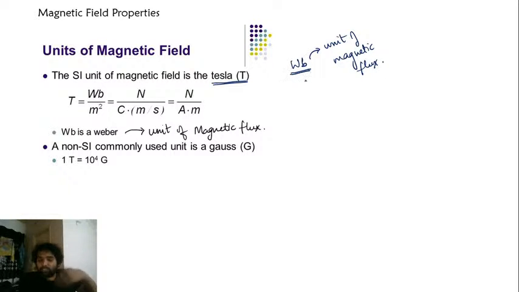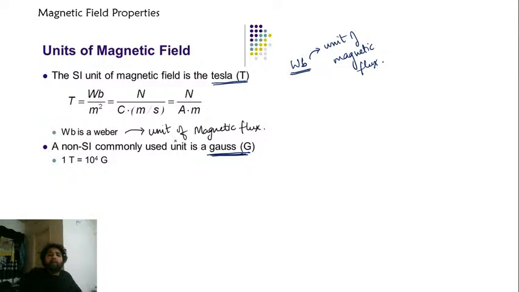We will be discussing this eventually when the topic of flux and EMI comes, and at that time we will look much more into the unit of magnetic flux, which is Weber. But otherwise, Tesla is Weber per meter square. Generally, you know how flux is defined, no? Whatever field into area. Same thing will apply here. Magnetic field into area will be given by Weber, will be flux, and similarly flux by meter square will give me Tesla. Understood? So it is also defined as Newton per ampere meter.